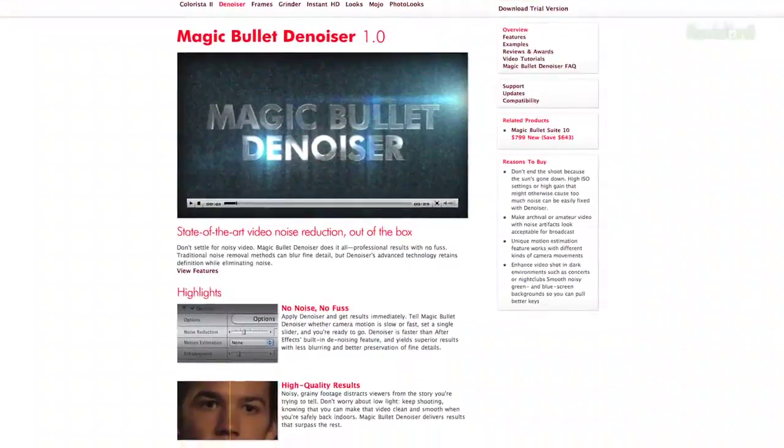The only trouble is it will add some noise to your shot, but be not worried, my little love puppet. Magic Bullet has a fantastic noise reduction plugin called Denoiser. I was skeptical before I used it, but after just one test run, I use it for everything. Here's an example. Here's before Denoiser, and this is after. Of course, you don't have to use Magic Bullet's plugin. There are plenty of noise reduction plugins out there for you to use. That's just the one I use.